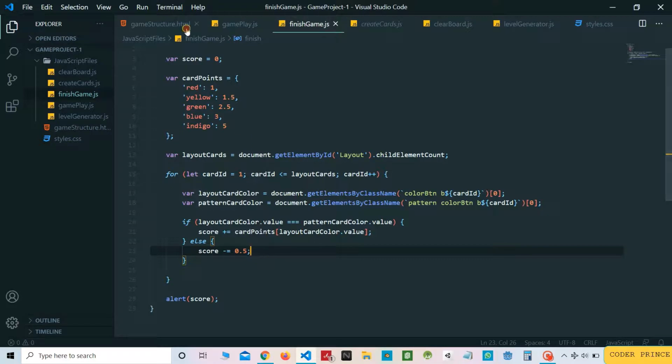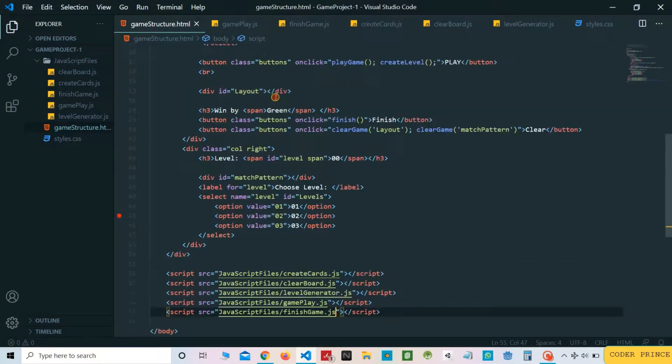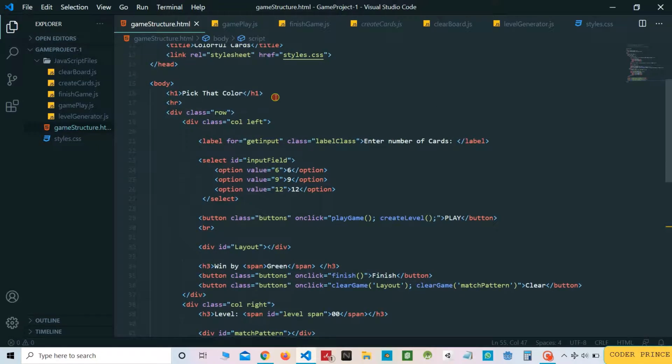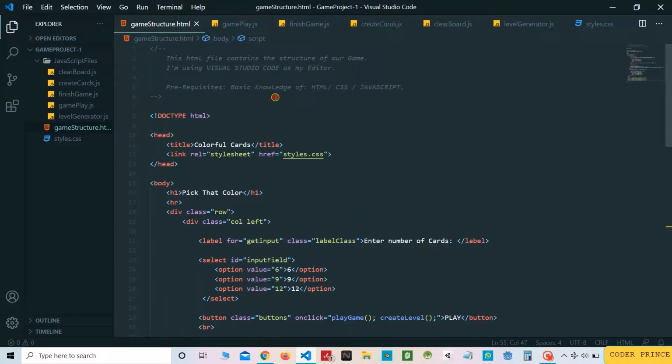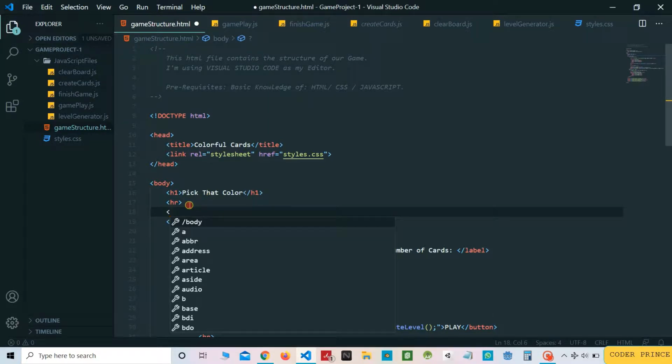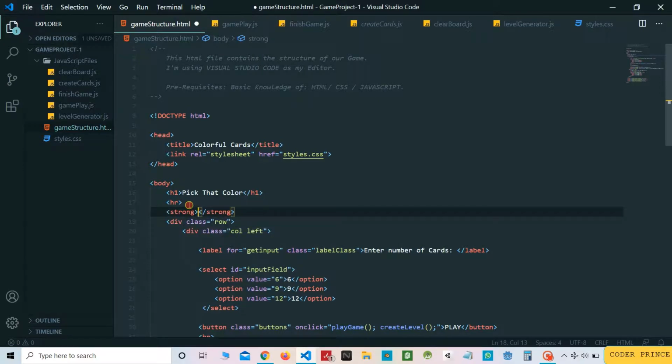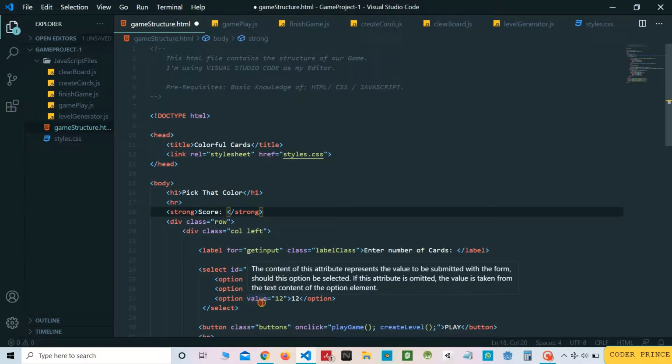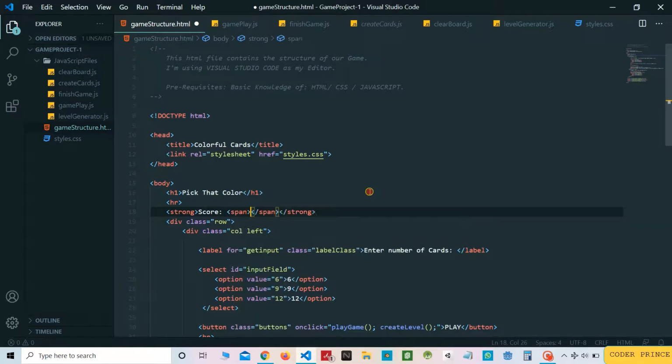Okay, now in the game structure.html file, let's make some space for the score to be displayed. Let's add it under the heading, pick that color. I will use a strong tag and just write score, and let's use a span element to hold the score.